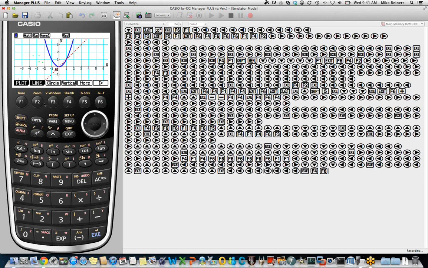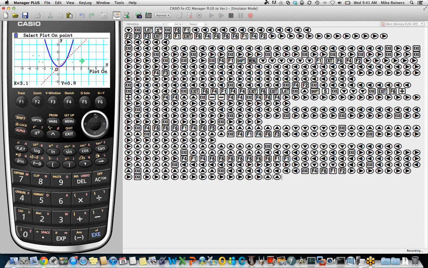If we choose something like plot on, then what will happen is when you press execute, it will begin plotting points, and it appears to be just the same as plot.